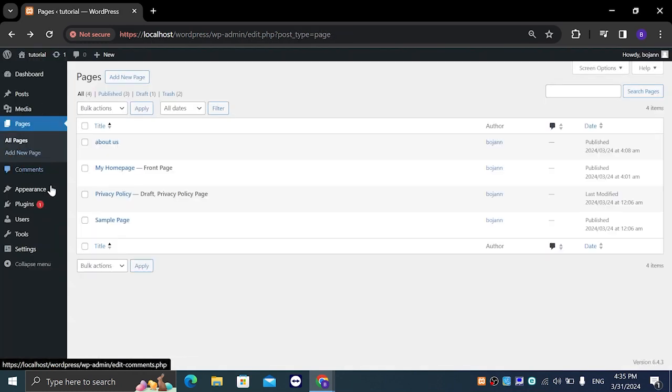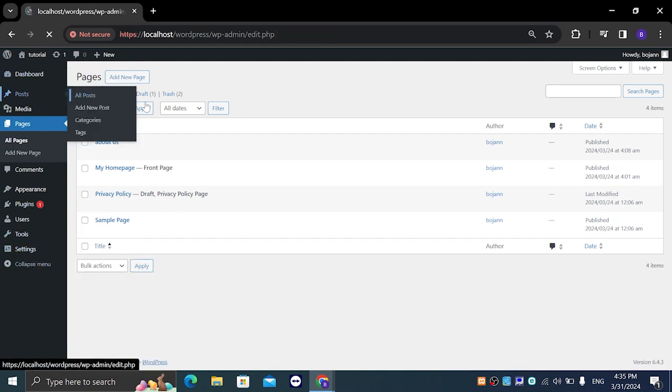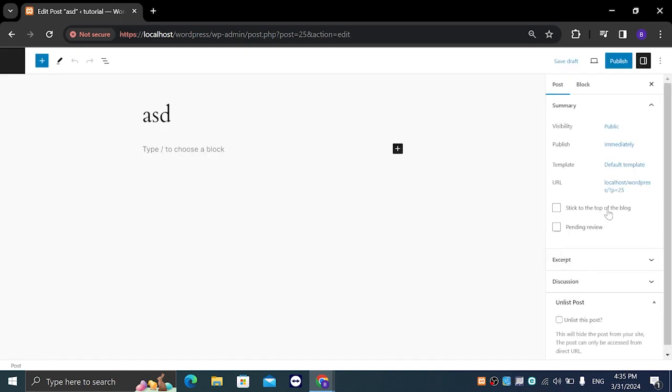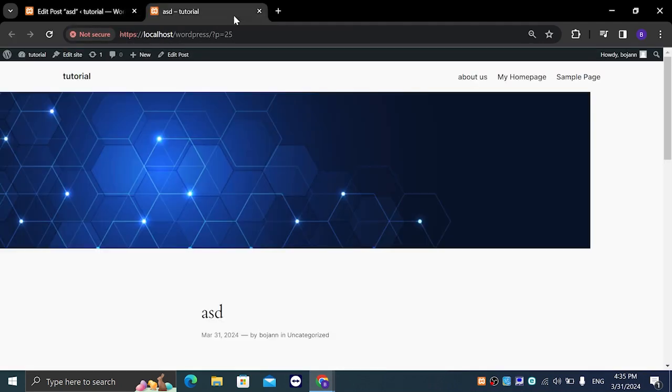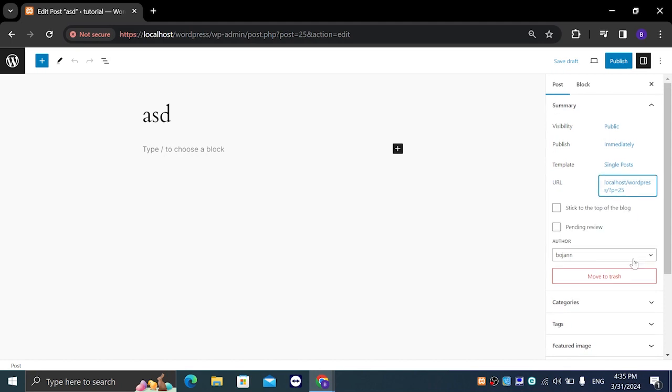and on the left hand side on the dashboard menu you're gonna go to settings. So hover over to settings. Also, if you go to posts basically, and if you go to any post you have, on the right hand side, it is not going to be possible to change the URL. Before it was, but right now it's not. So it's just gonna show you the URL to your page or post basically. So if we go back